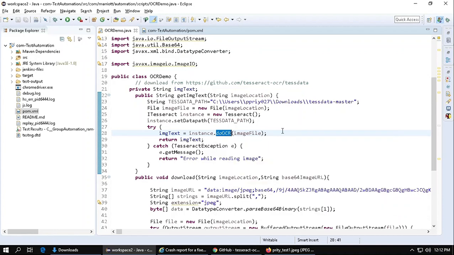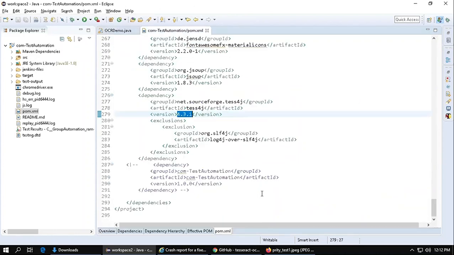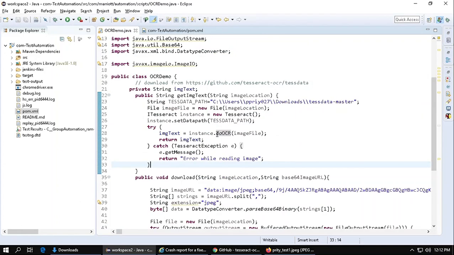Okay, doOCR. So it looks like very simple code of 3 or 4 lines or something like that, but actually this version was putting a problem in front of us. You will see multiple versions coming, even versions greater than 4.3.1. But I would say at this point of time you can use this. This is a really great library that will help you unblock those scenarios where you say, okay, it cannot be automated. So just give it a try.